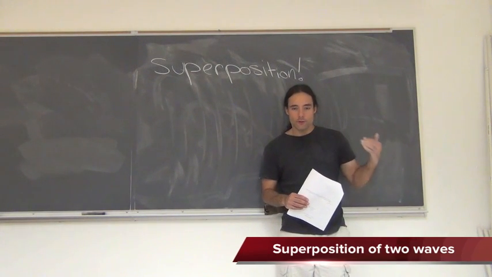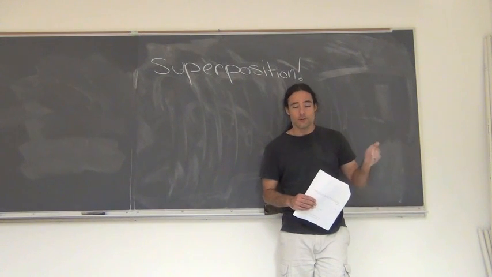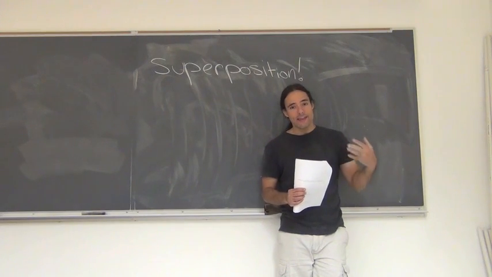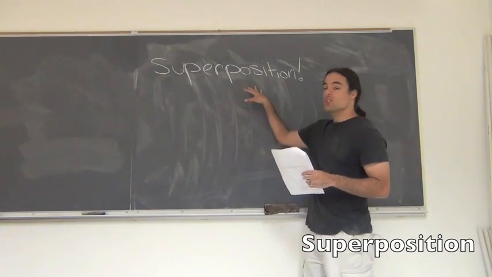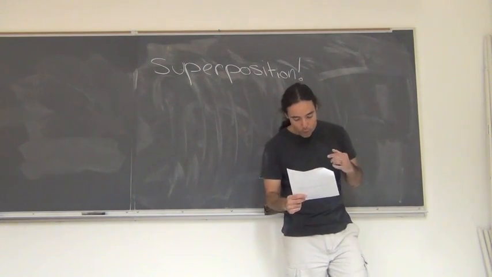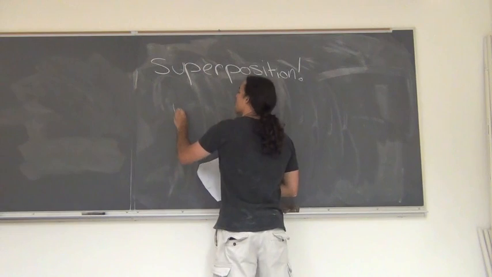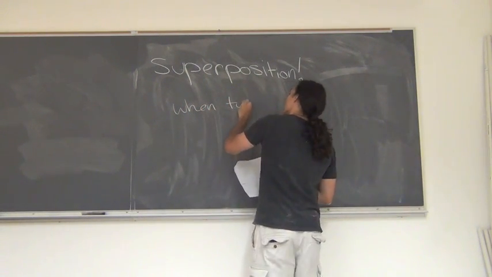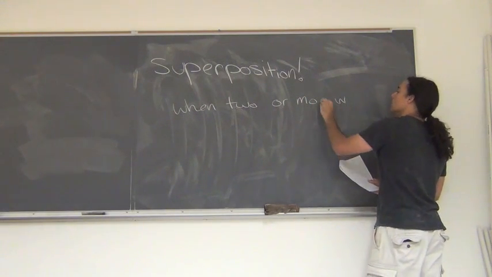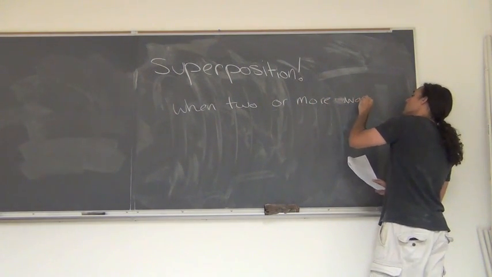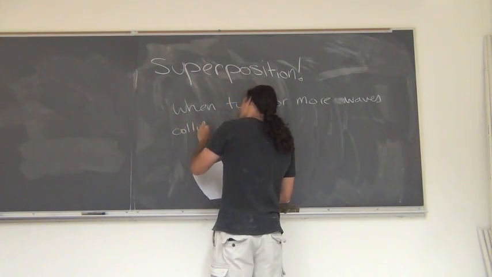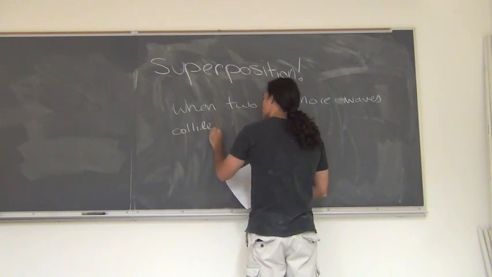Why is it that when the two waves collide, whether they're constructive or destructive, the two waves still just pass right through each other? That has to do with something called superposition. We're going to define superposition as when two or more waves collide, the displacement of the medium